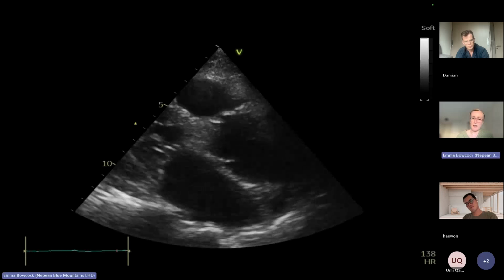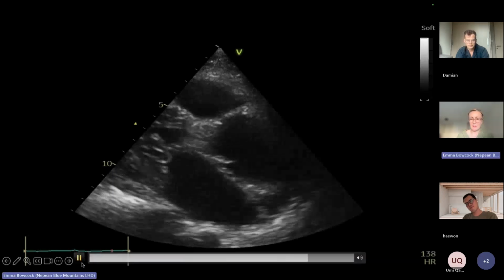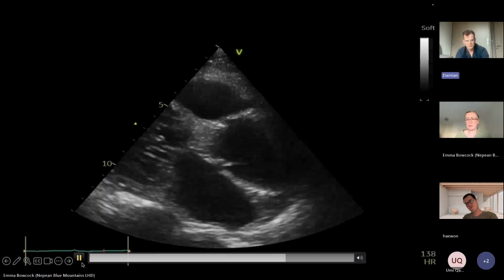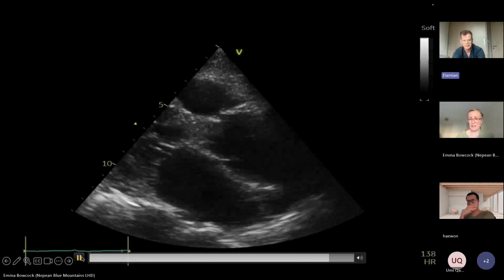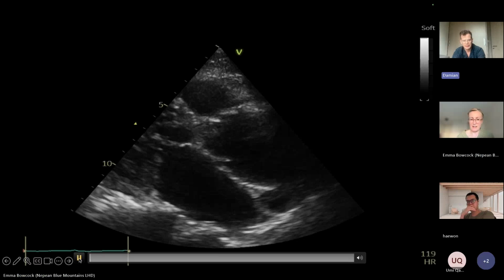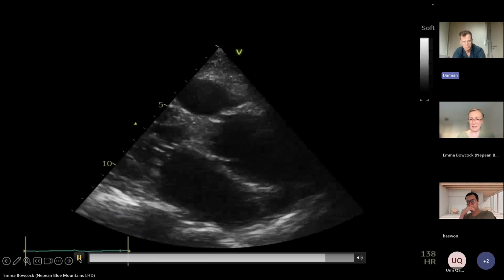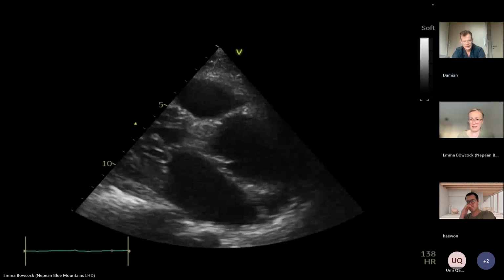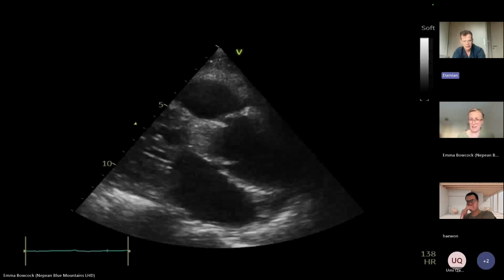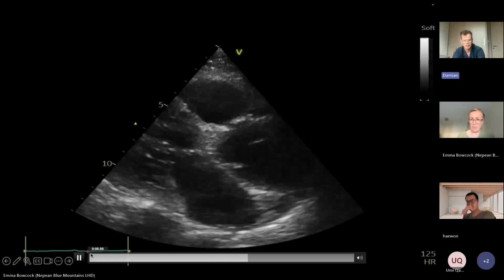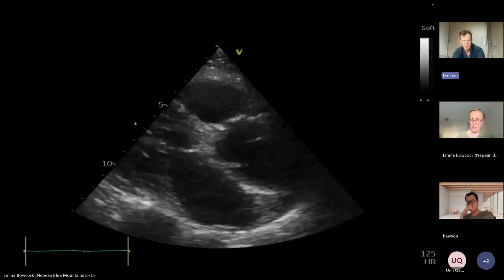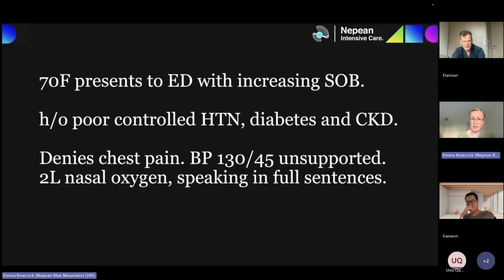Anyone want to shout out a striking abnormality? This is a parasternal long axis where the aortic root's been opened up, and there's a dilated aortic root, and there also appears to be some abnormality in the root and potentially a flap in the root itself, but the main abnormality is a dilated aortic root. Yeah, so this patient came in, she was a poorly controlled hypertensive diabetic with chronic kidney disease, 70,